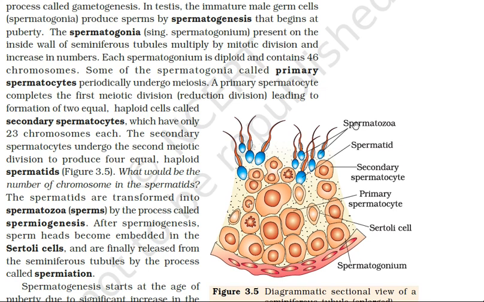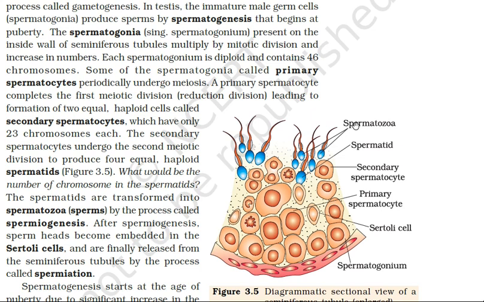The temperature plays a great role here in the development of the spermatozoa. Because of this only, I had already explained in the previous lecture that testes are extra abdominal. Even if for any other reason the testes fail to descend from the abdominal cavity, spermatogenesis does not take place and it leads to sterility.